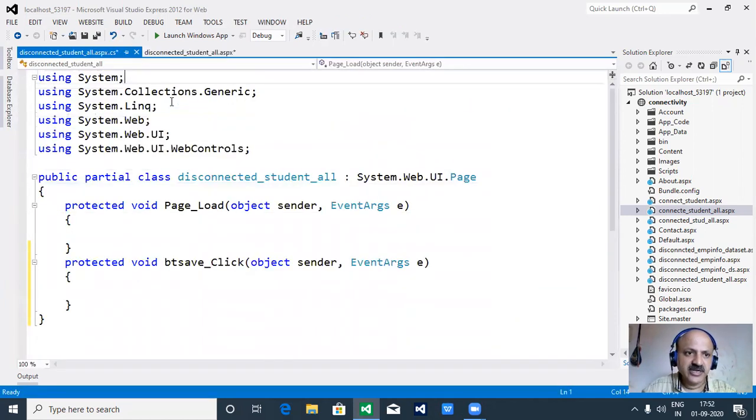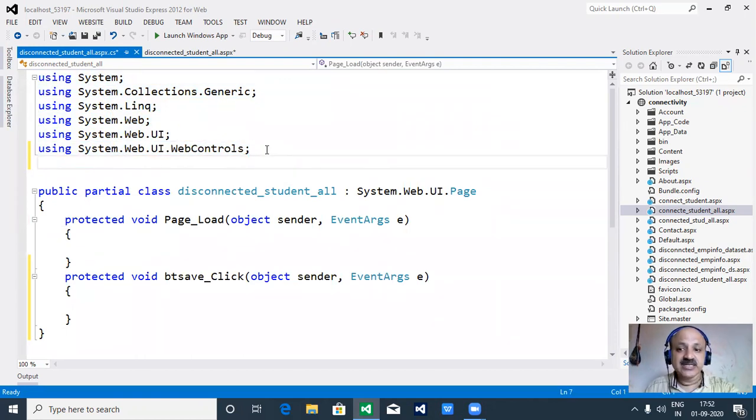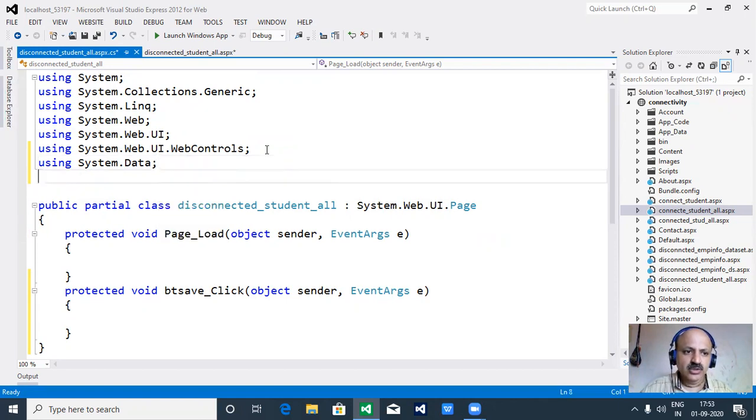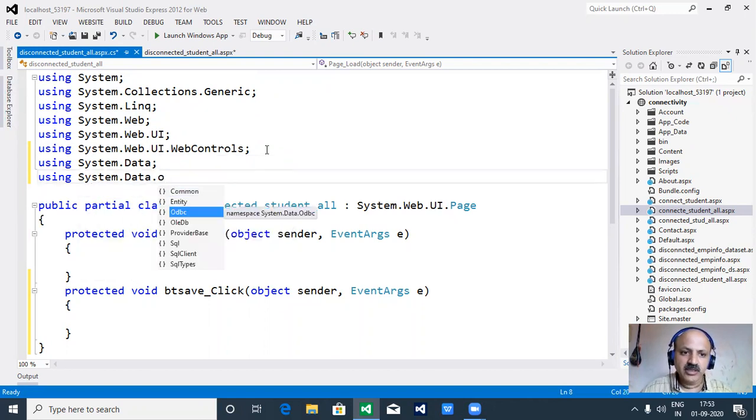So here first we take, look, first you can see your namespace, or in Java it is known as a package. System.Data is not there. So in disconnected architecture, two namespaces are required. Using keyword and System.Data. Data directly you cannot provide, otherwise you get an error, like DataSet, DataTable, DataRow, and column classes are in this namespace. So here we separate, there are two namespaces, System.Data, and then we can take OLEDB, ODBC, or SQL client.